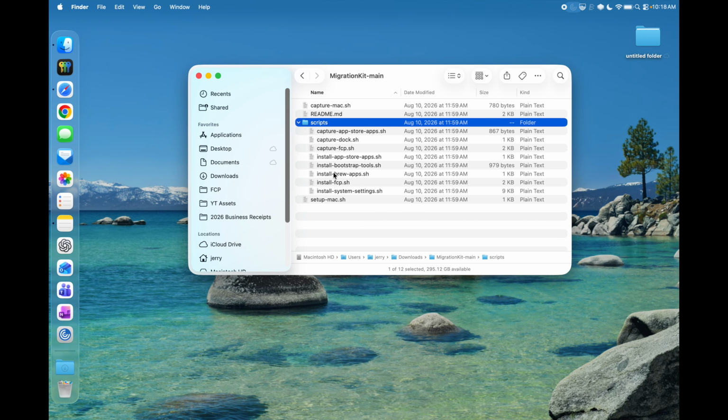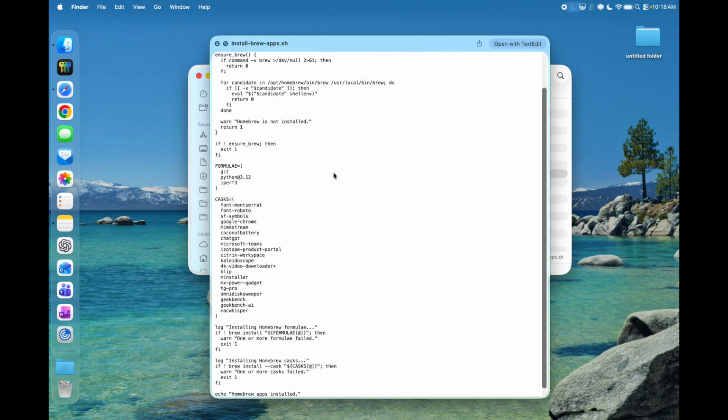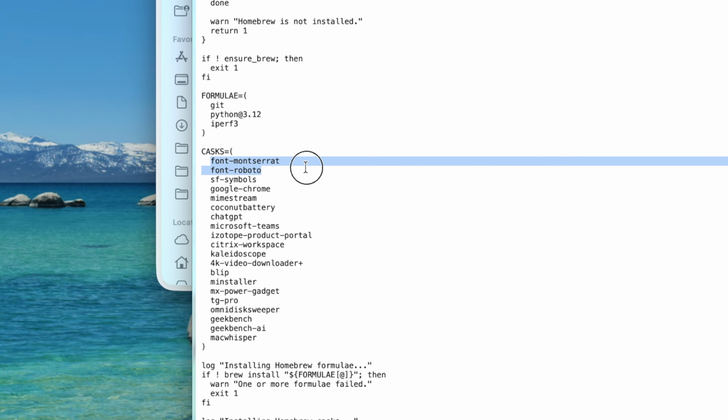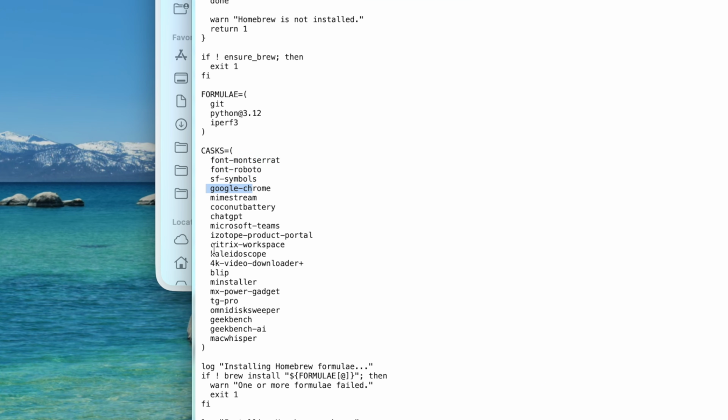Now, if you look at the Brew apps install script, you'll see some of the apps that I'm installing using Homebrew. That includes some fonts, Google Chrome, Citrix for some work stuff, some benchmarking tools, and even ChatGPT. Between the apps from the Mac App Store and the Brew apps, this gets me nearly every app I need for pretty much every computer I deploy. Sometimes I need additional things that I'll have to download later, but this gets me everything I need to get